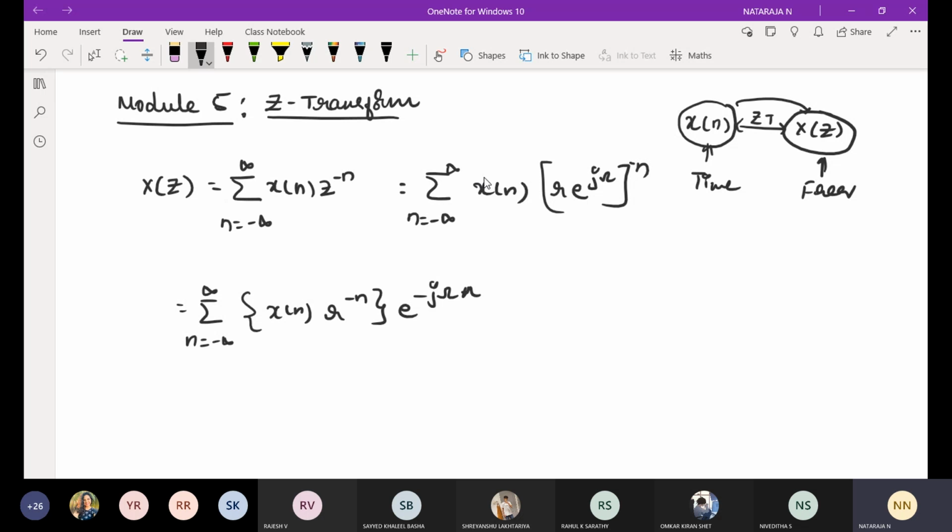In some of the applications it will be more convenient. That is why we are going for the transformation. It may be the Z transform, or the discrete time Fourier transform, or Fourier series. These are some of the different transformation techniques. In that, the Z transform is very, very important. We discussed applications, why we need to learn these things. That is the main thing.